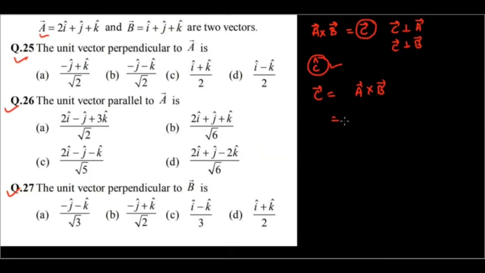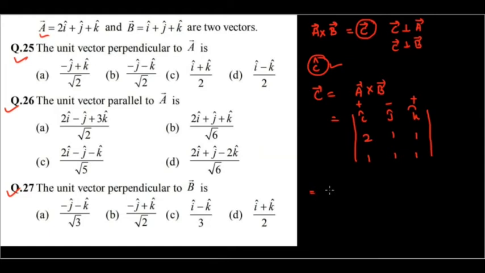So first we have to find c vector, which is a vector cross b vector, and we know how to find the cross product if two vectors are given in the component form. So for that we have to write i cap, j cap, k cap. In the second row we will write the x, y, z components of vector A, so I can write 2, 1, 1, and in the third row I'll write the x, y, z components of B vector, which are 1, 1, 1. Then give signs plus, minus, plus.